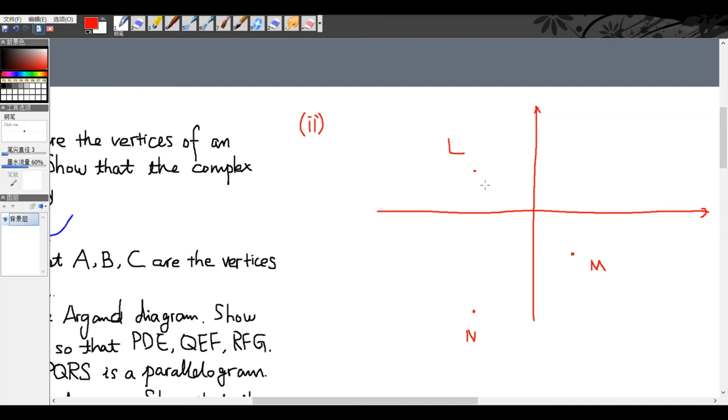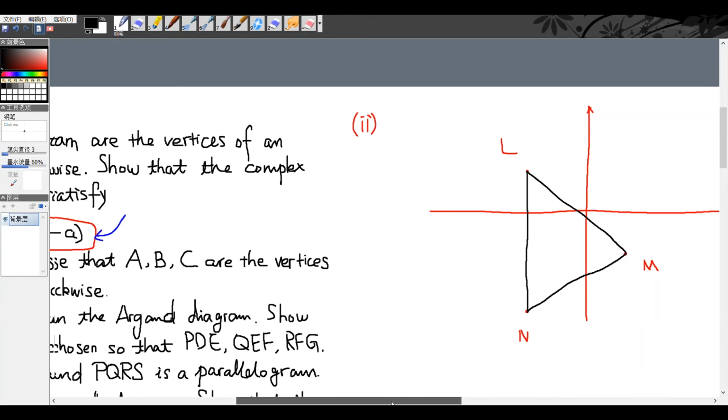LMN is a random triangle. I shall use black pen to distinguish between the axes. LMN is a randomly chosen triangle, and